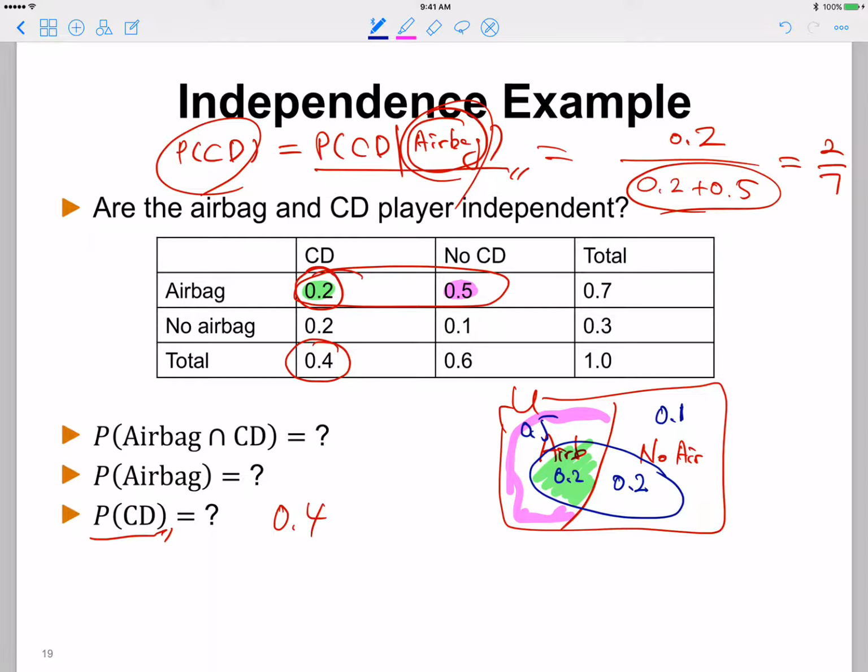Okay, and then let's consider the ratio for this one. This one is the ratio of this part, of having a CD player out of the entire universe. So our entire universe is 1, then that part is 0.4, right? So this is corresponding to this value. And then as I explained last time, this ratio or this probability should remain the same